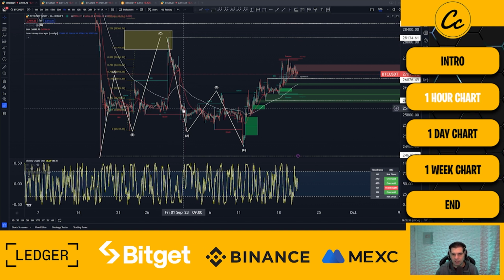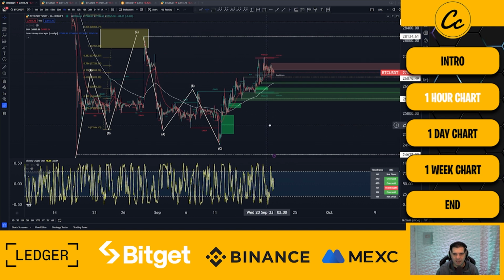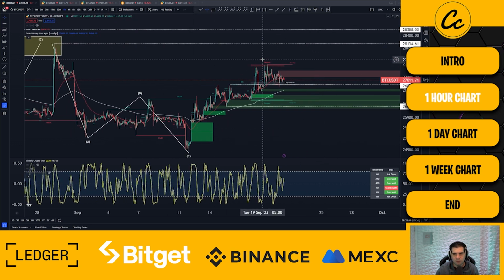So we were looking at this as a potential 5-wave move in itself. However, I think we've got an extension in one of the 5th waves that makes it look like it's going down deeper. So for now, we have a 3-wave pattern to the downside. And then, of course, we get this move to the upside that's gone above and beyond what you'd expect of the irregular flat situation.